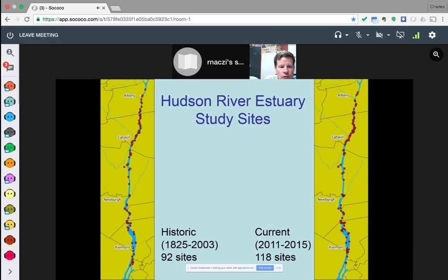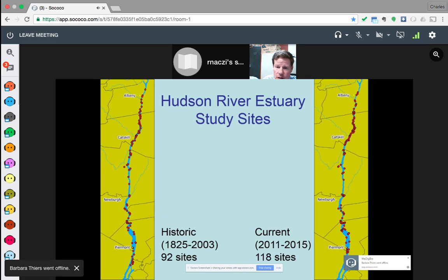And you can see in this view that our coverage is about the same as the historic coverage. And what I want you to realize is the historic coverage was opportunistic. There were no previous studies that set about doing this kind of work. Instead, botanists went out through the years as they could. The Hudson River is an interesting area, and botanists would pick up intertidal plants along the way. So we covered more sites, but the important thing is, in both cases, we have a thorough coverage of the